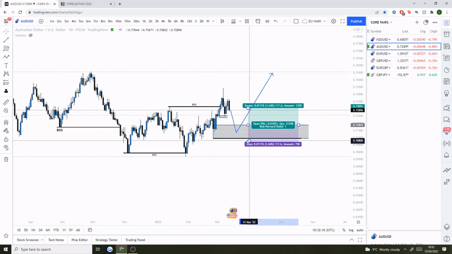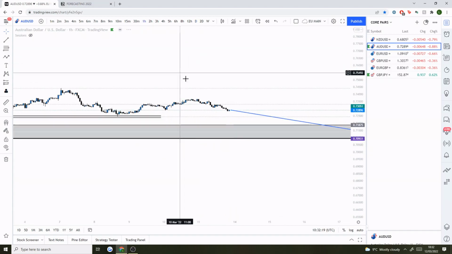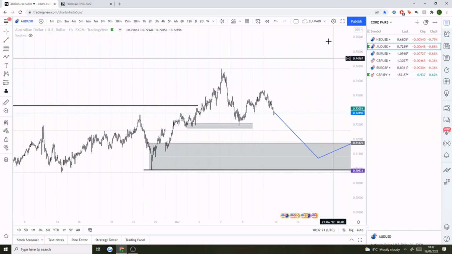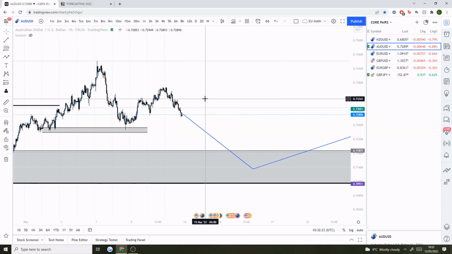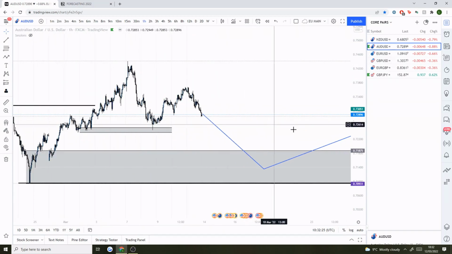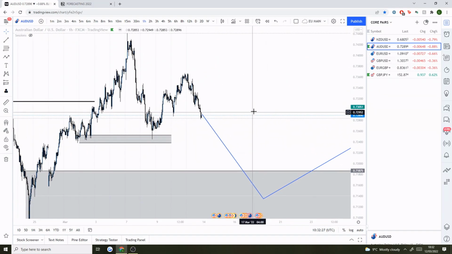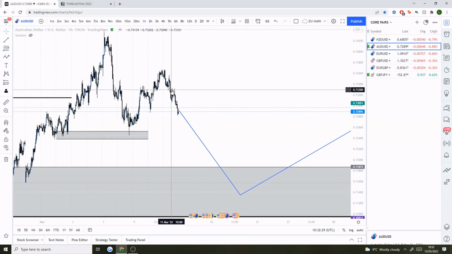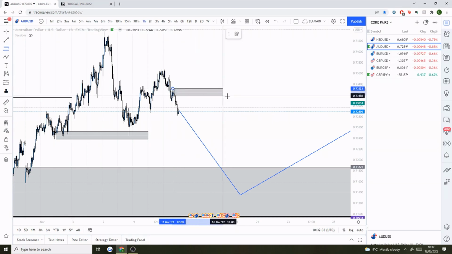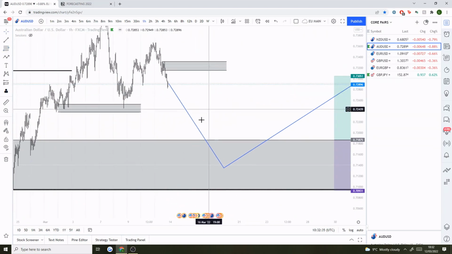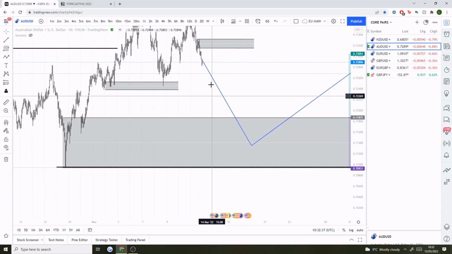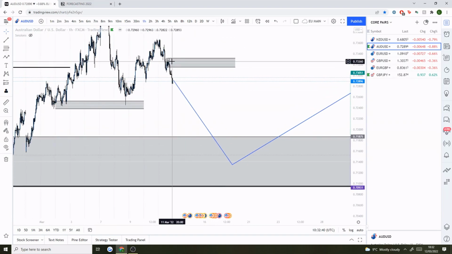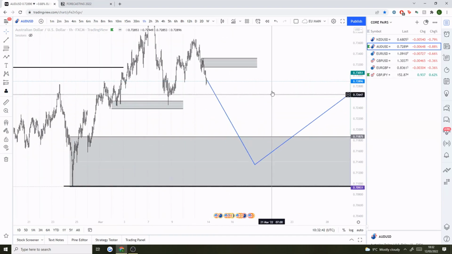But before that, what I'm going to be doing is just following the hourly structure. Now, I'm not going to forecast too much, because with the hourly, it can change quite quickly relative to when this forecast comes out. But what I will be aware of is opportunities to sell on the hourly, following down into this area, and then also being aware that price doesn't have to respect this area, and that could allow us to take a larger swing position to continue through this area.